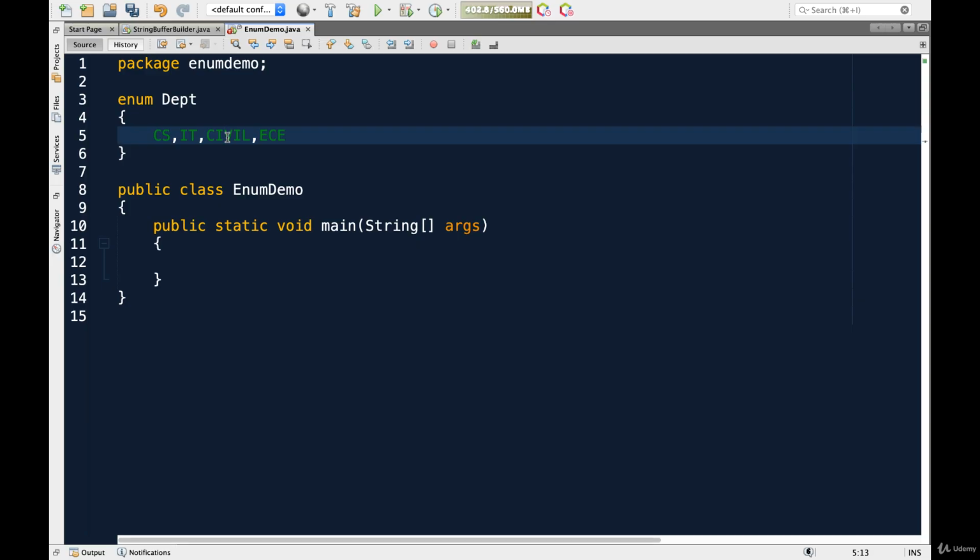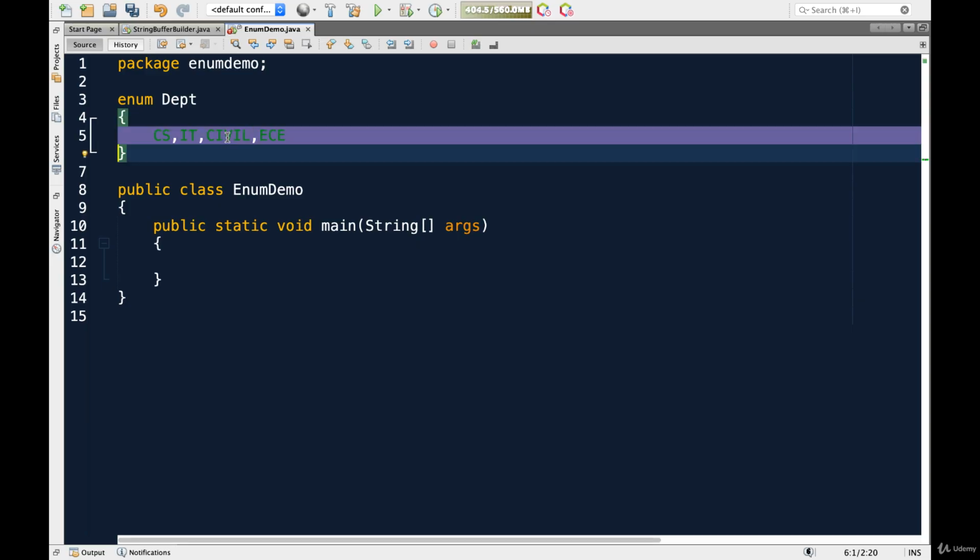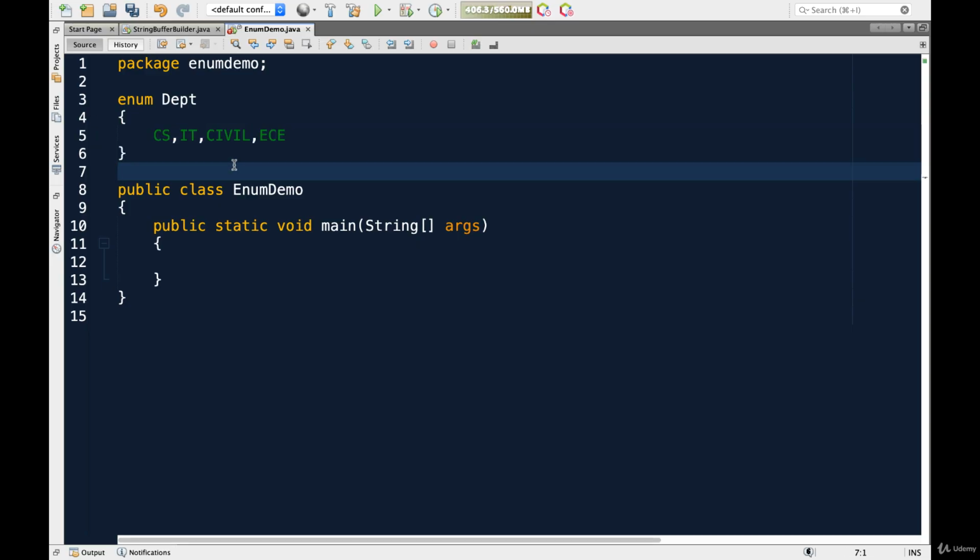But here we don't have to assign any value. The identifier itself is a value. Alright. So compiler will convert these identifiers as values itself. So the objects of department itself. Now I can declare a variable of this type and I can initialize it with any one of the values